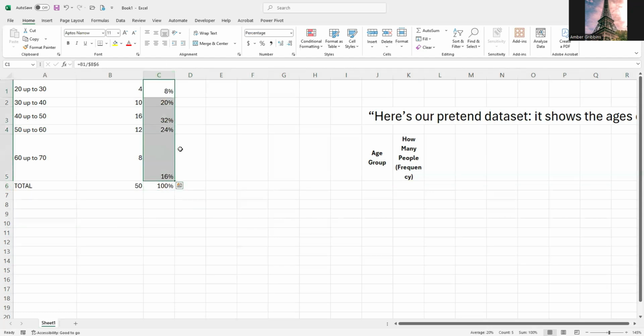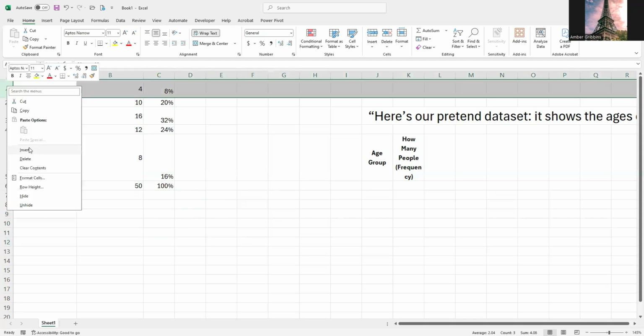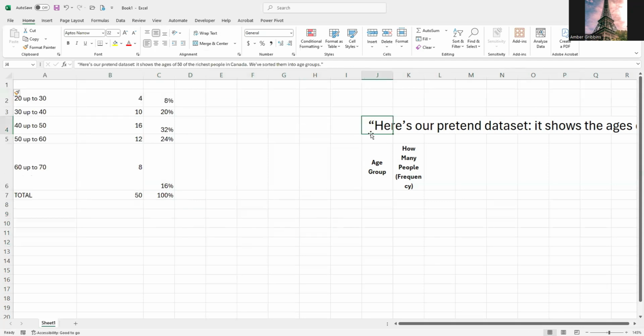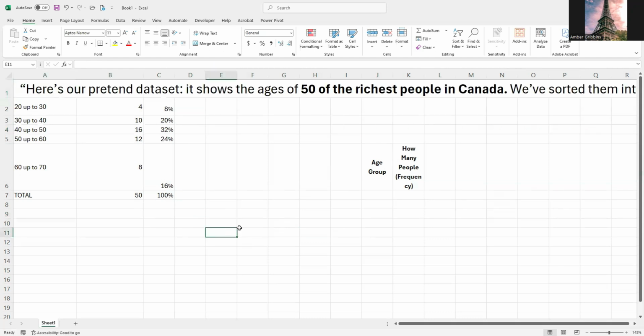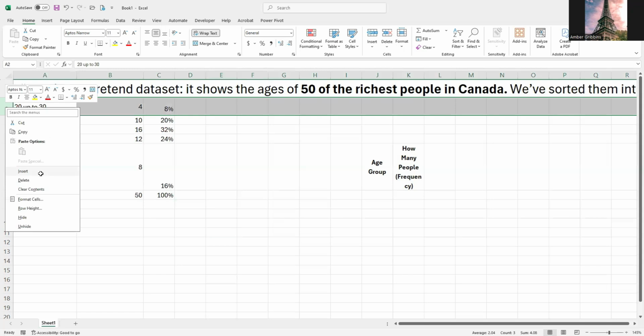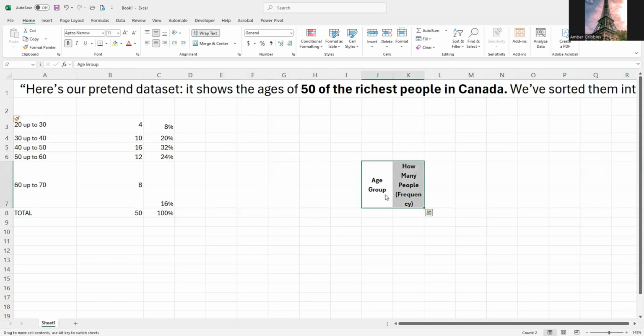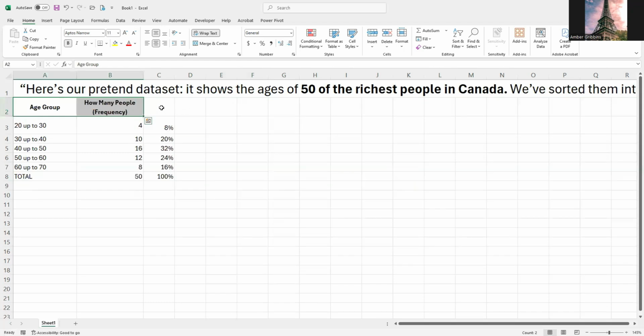Well, now I really have a better feel for how much my possibility of pulling a person from this age group is. So let's go ahead. I'm going to add a little insert here and move this up here. I'm going to add another insert. I always put the headings on after, but you can do it however you want. Then I'm going to put cumulative frequency, abbreviated. I'm kind of that person, but you get the drift.